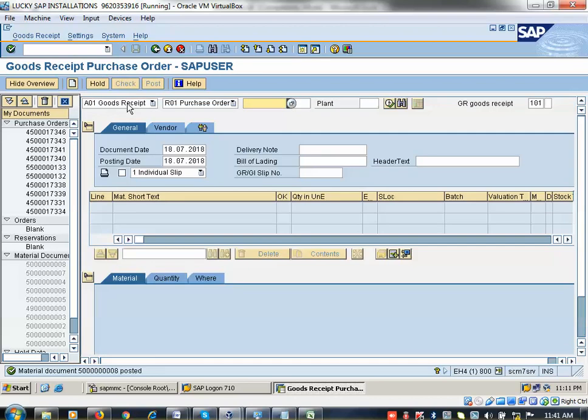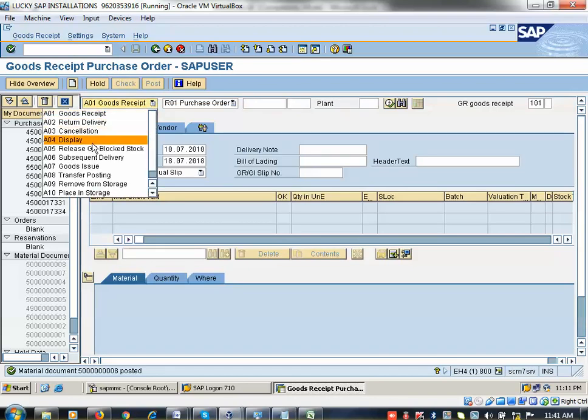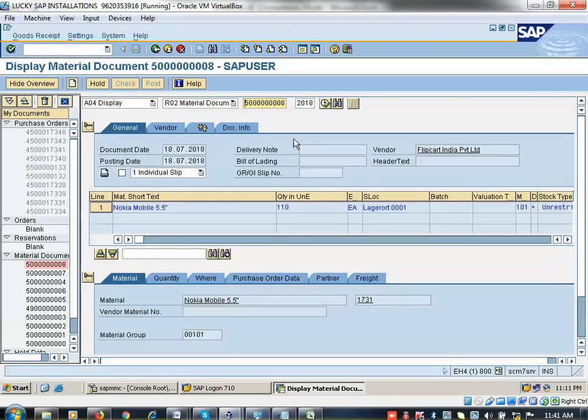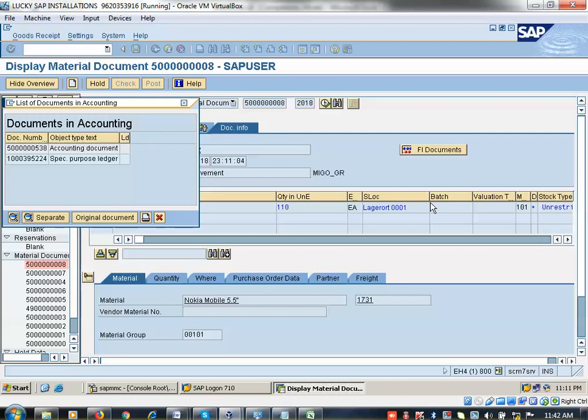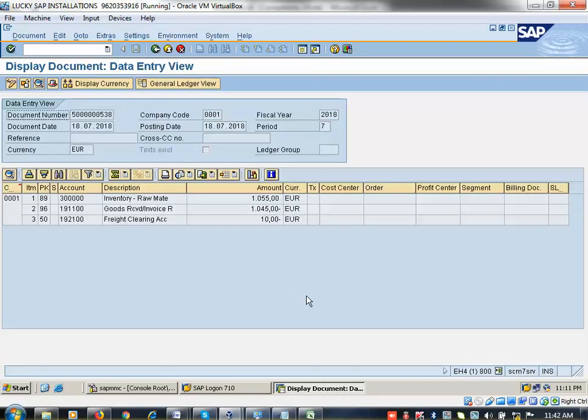Now the material document is created. If I want to display this material document, you can go and display it. The document info tab is linked to the FI team; only the FI team can see this tab. We can't see it as an end user or goods recipient. It's related to the stores department. The stores department has access only to quantity. They can't access price, and they can't even see the PO.